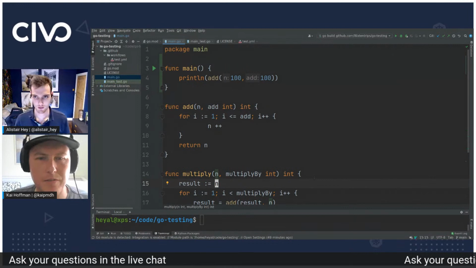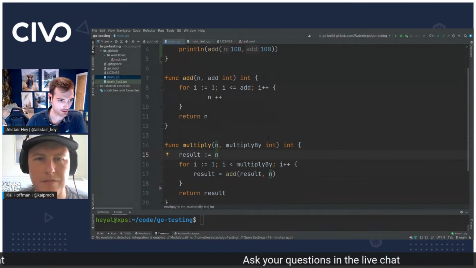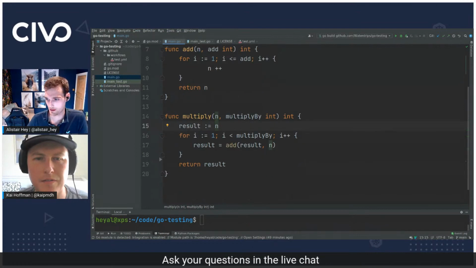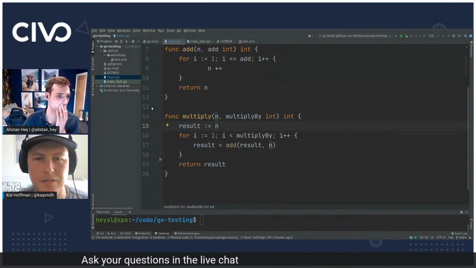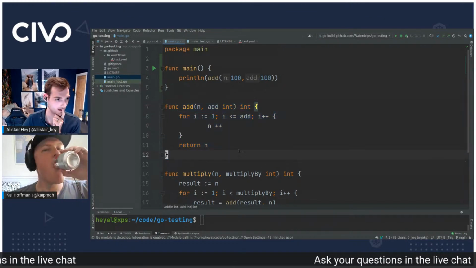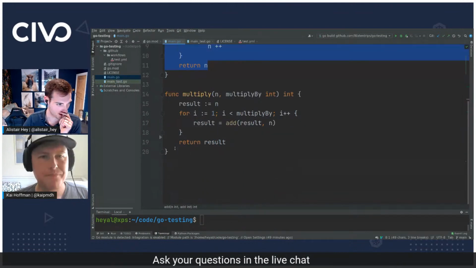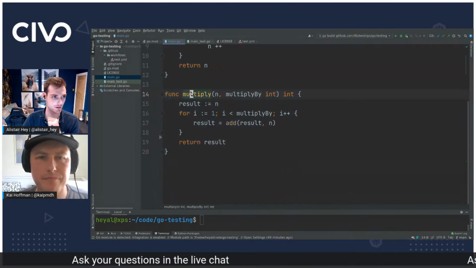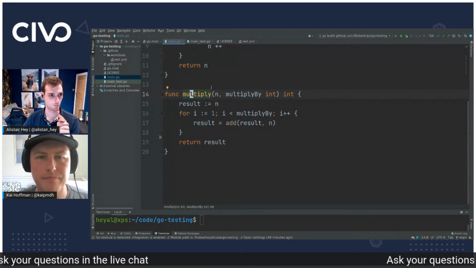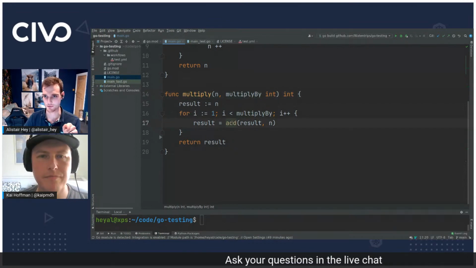So I'm a Go engineer, so I've written some Go code. Hopefully we can see that. What I've done is I've written a function which adds two numbers together, and this is not the most efficient way to do it, and there's a reason. And then I've also made a function to multiply numbers, but I've used my add function to do my